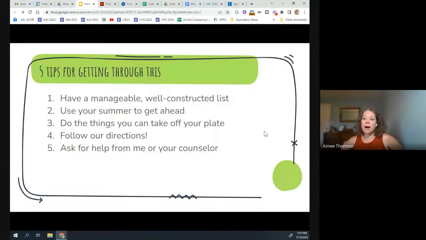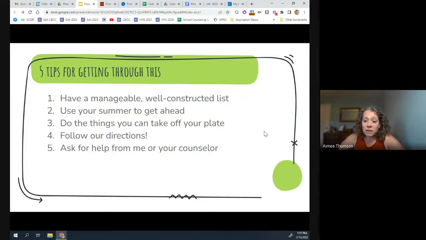These are really my top tips. A lot of it really boils down to following directions, trying not to procrastinate on everything, using the time you have when you have it, and really, really asking for help. There's a lot of you. I mean, there are 580-some rising seniors this year. We don't all lay eyes on all of you all the time, and you can just float through without any personal contact if you don't reach out or respond when people are emailing you.